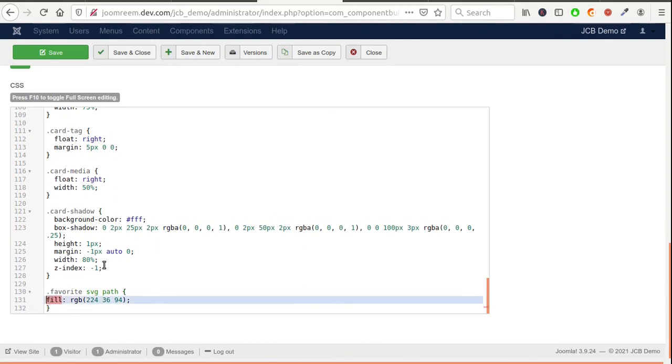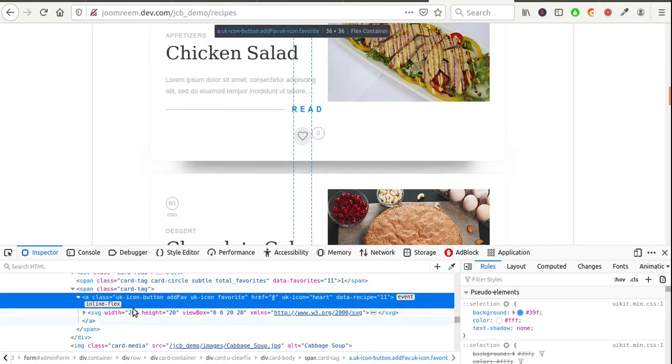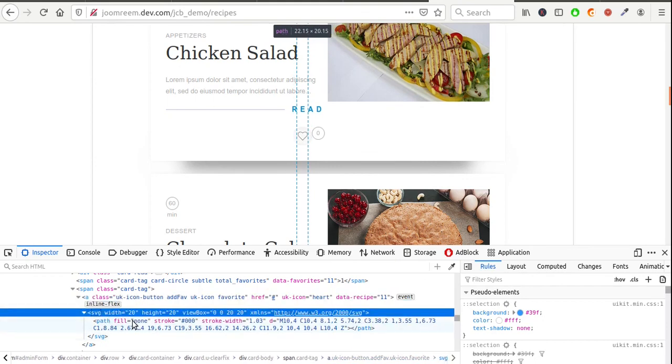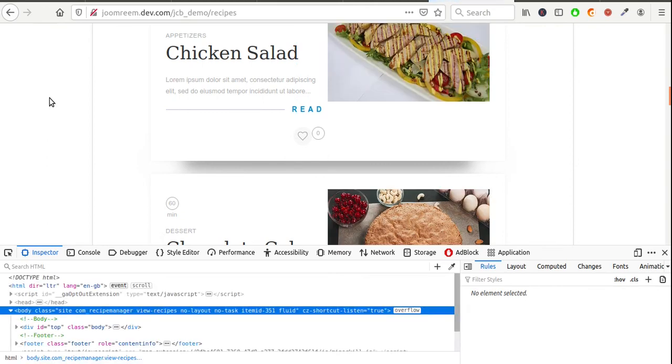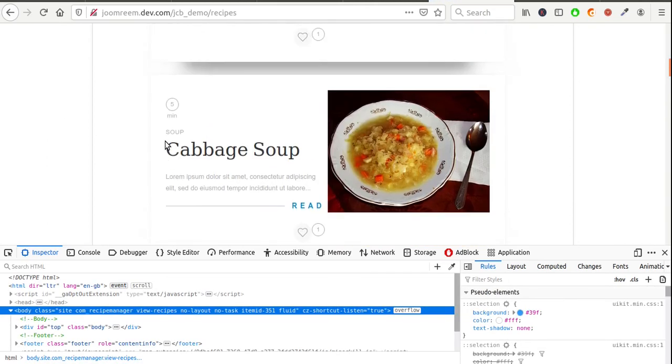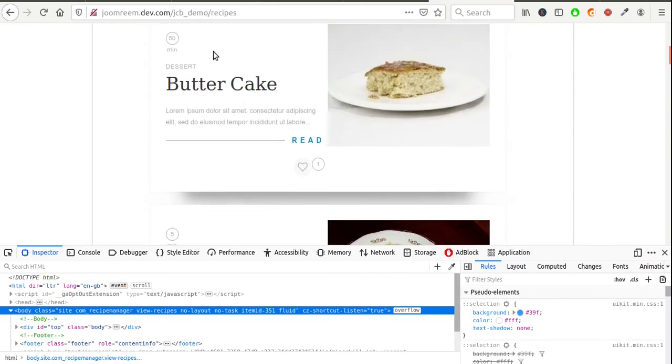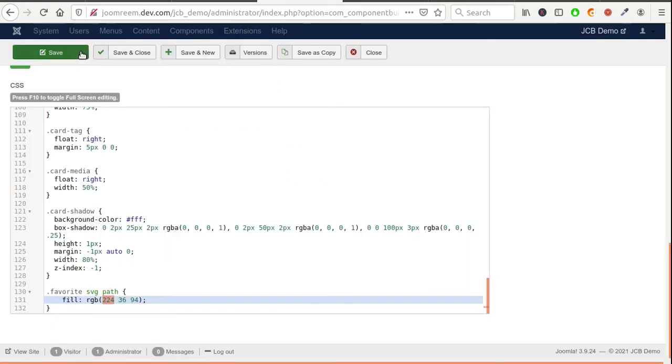It fills the SVG path element with a reddish color to distinguish the recipe which is added to the favorites list. Save.